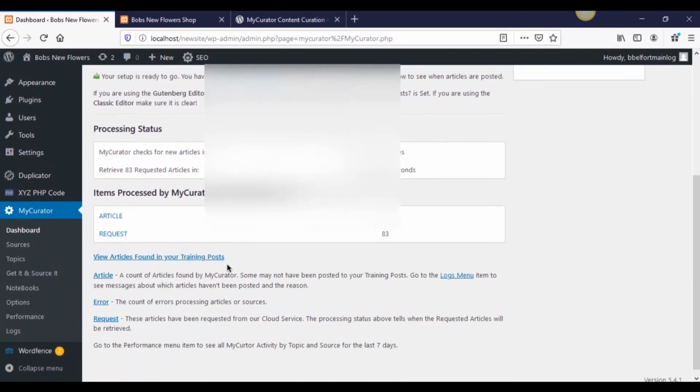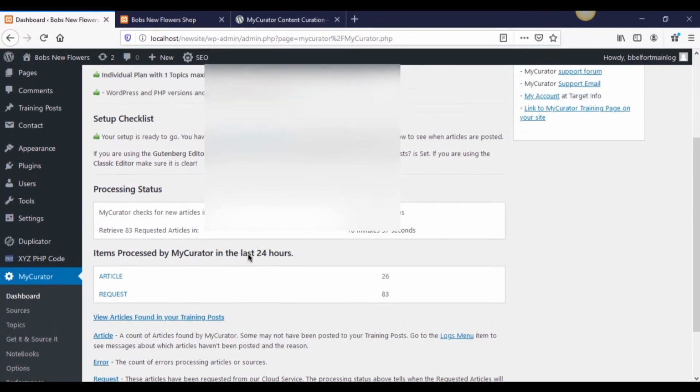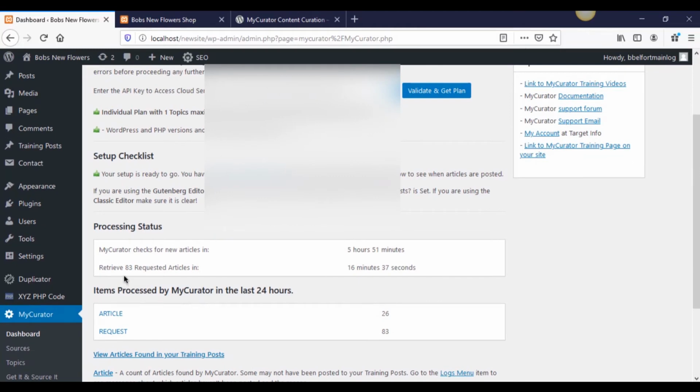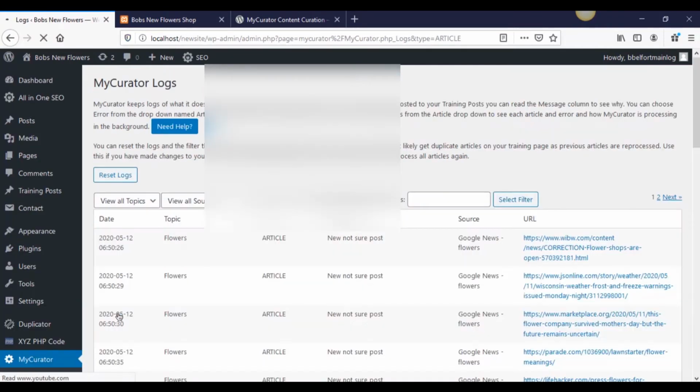I know that sounds strange, pulling in articles, but I'll show you what that looks like. This has only been on here for maybe 15 minutes. I just let it do its thing. It pulled in 26 articles, and it has more that it's requesting. So if we go to the articles,